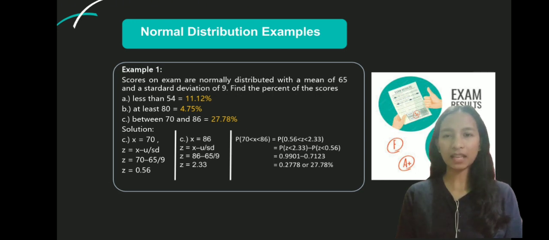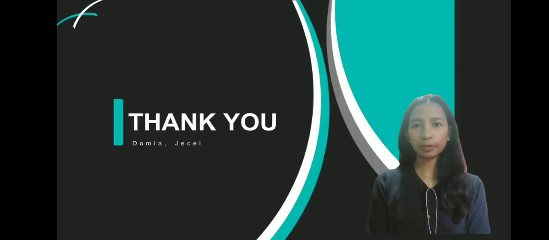This gives us 0.9901 minus 0.7123, which equals 0.2778 or 27.78%. Therefore, the percentage of scores that are between 70 and 86 is 27.78%. In conclusion, probability distributions are essential tools that help us navigate the complexities of uncertainty and make informed decisions